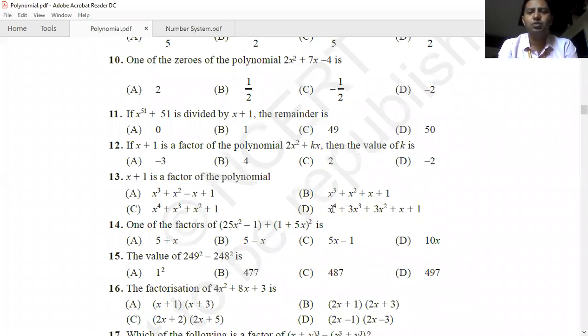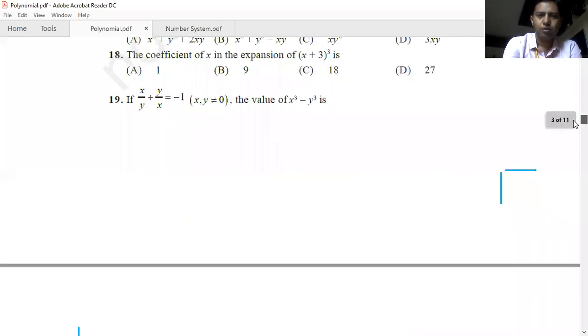Shashwat asked the question: sir, in the earlier question it was 0 into x raised to power 5, so shouldn't the higher value be the degree? Because it was 0 into x raised to power 5, that particular term will vanish, because if we multiply with 0, that becomes 0. So the highest power left after solving will be x raised to power 4 only. That is, the degree will be 4. This is a very good question.